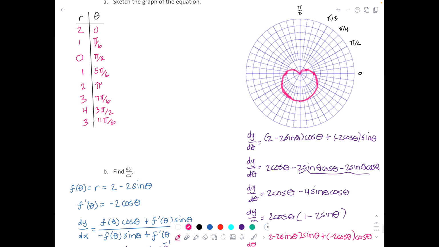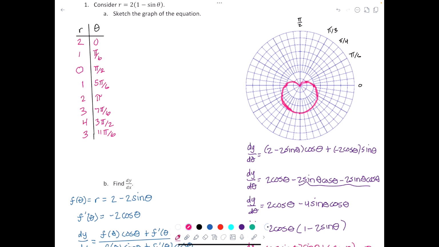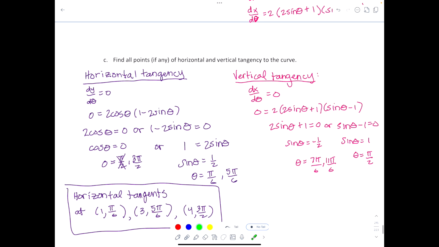And if we look at the graph, we can certainly see, sorry about my dogs, that would be true. And so we will have vertical tangents at